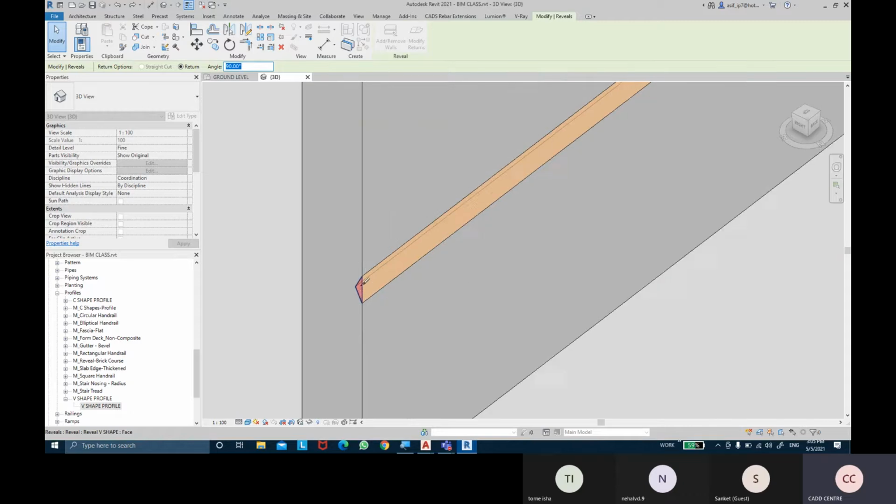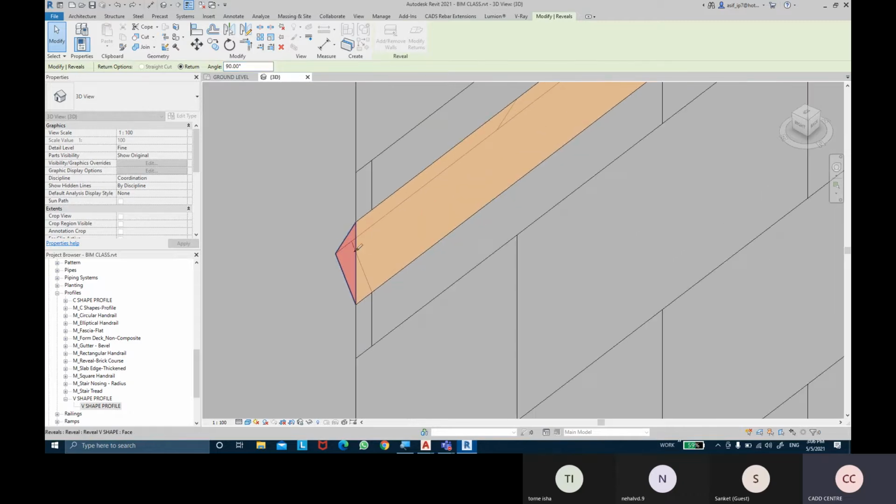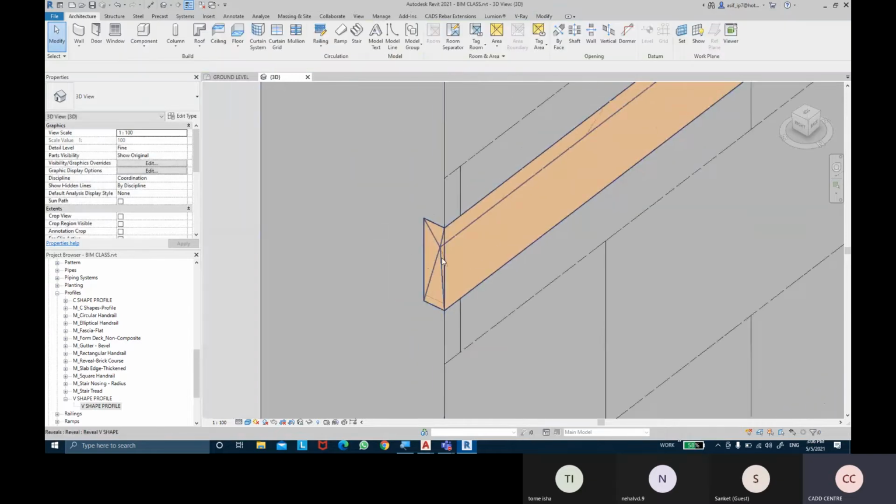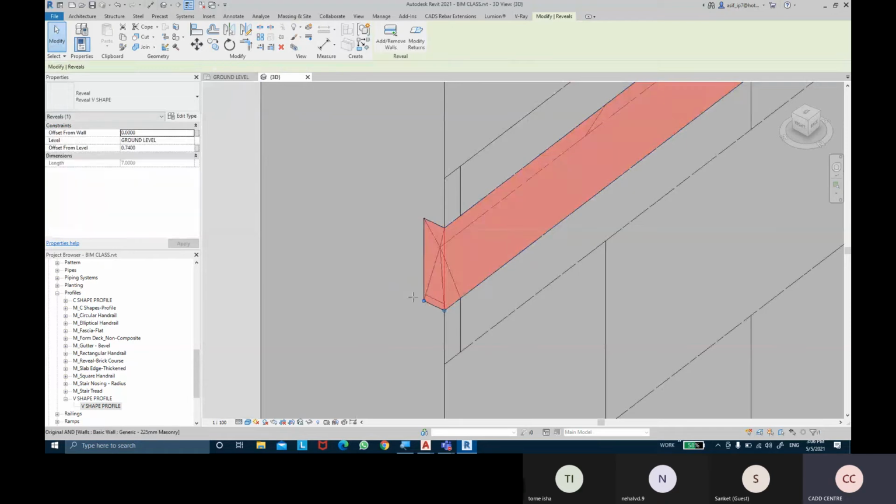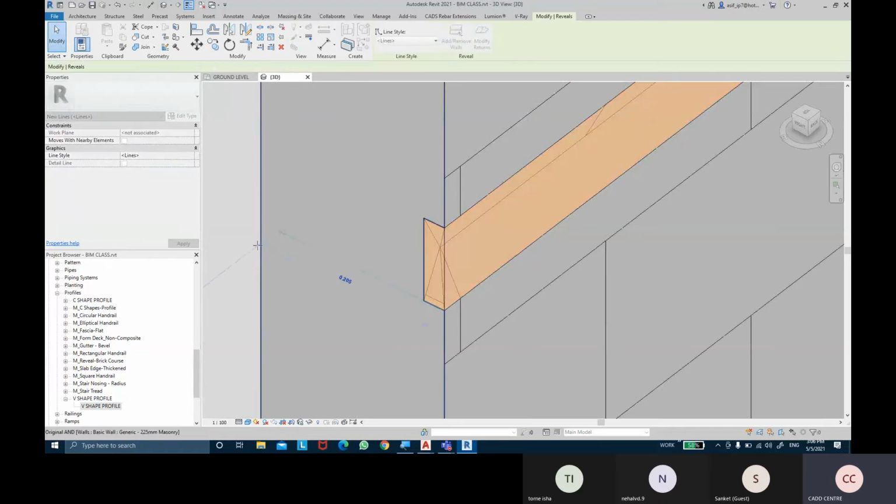Then you keep the cursor on that end of that profile, click on it. You can see now the return goes to the end but not completely. So now I can click on the modify option, select that reveal, drag this drag point all the way to the end of that wall.